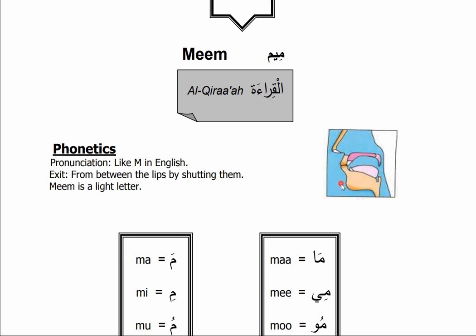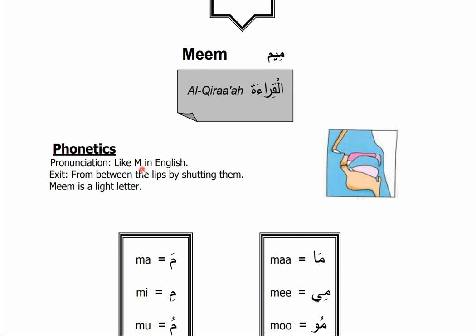Now, as we did previously, for the letter Kaf, you need to touch the deepest part of the tongue to the hard part of your throat, just above your epiglottis. Likewise, in the case of Mim, you do not need to use your tongue or the roof of the mouth or your throat. Only the two lips are used in the pronunciation of this letter. And this is called huruf al-shafatain, which means you are going to use only your lips for this letter